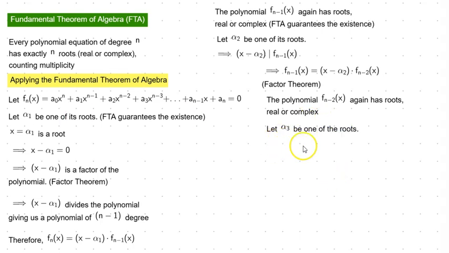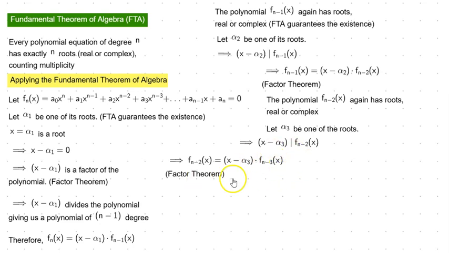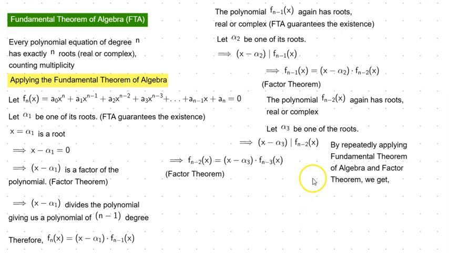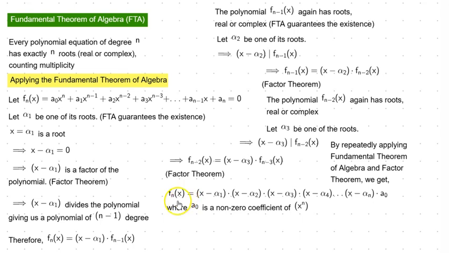Let alpha 3 be one of the roots, which implies x minus alpha 3 divides f_(n-2)(x), which implies f_(n-2)(x) is equal to x minus alpha 3 times f_(n-3)(x). Again, factor theorem. So by repeatedly applying the fundamental theorem of algebra and the factor theorem, we get f_n(x) is